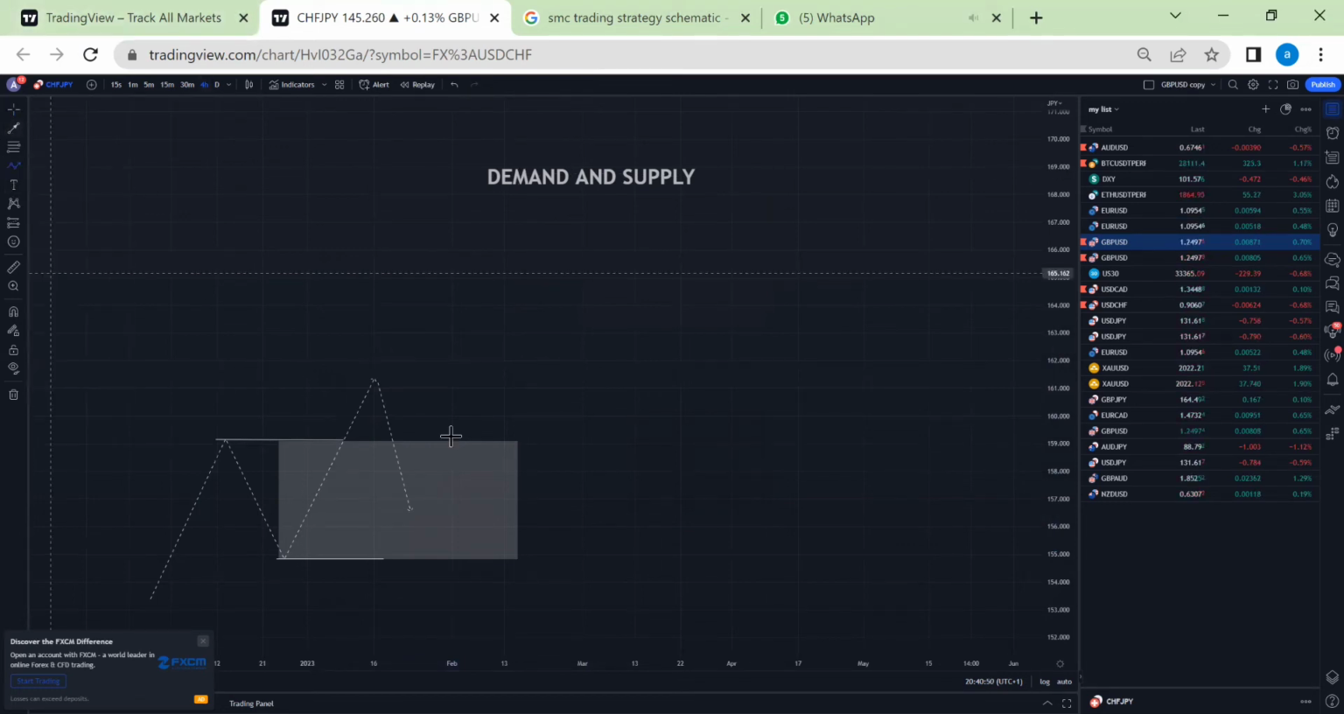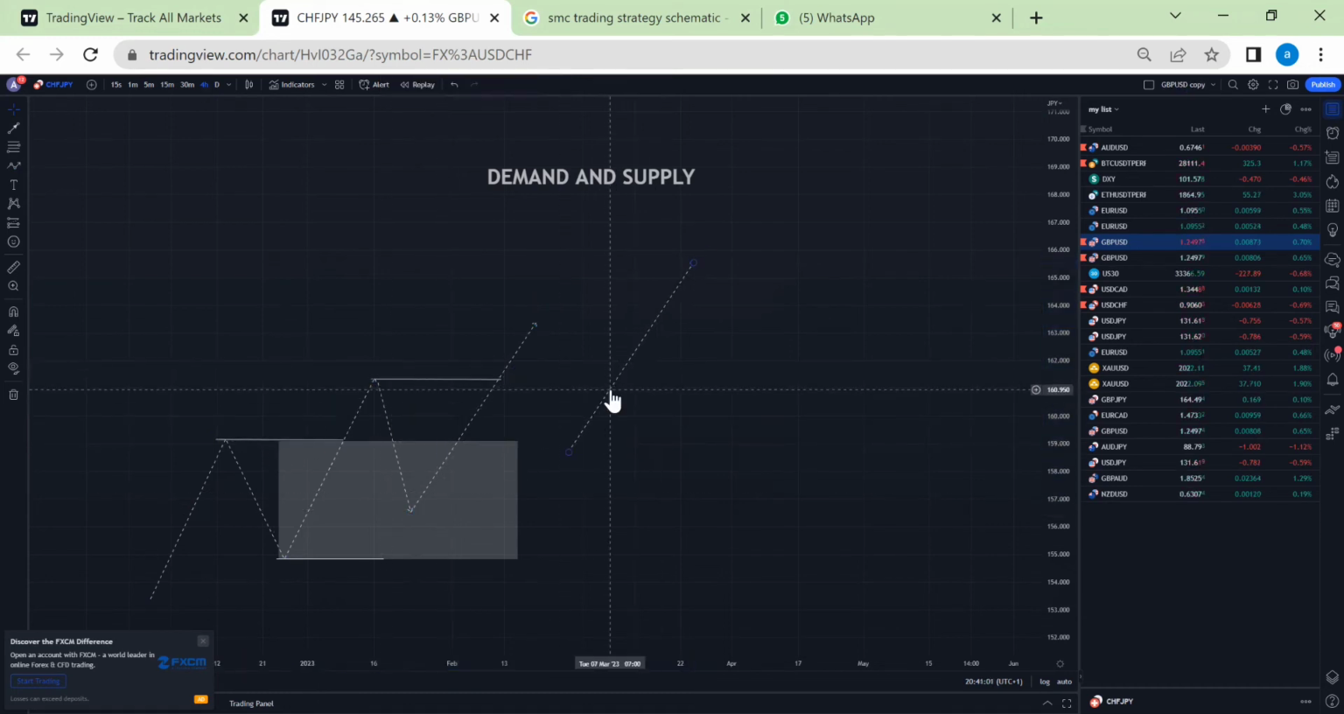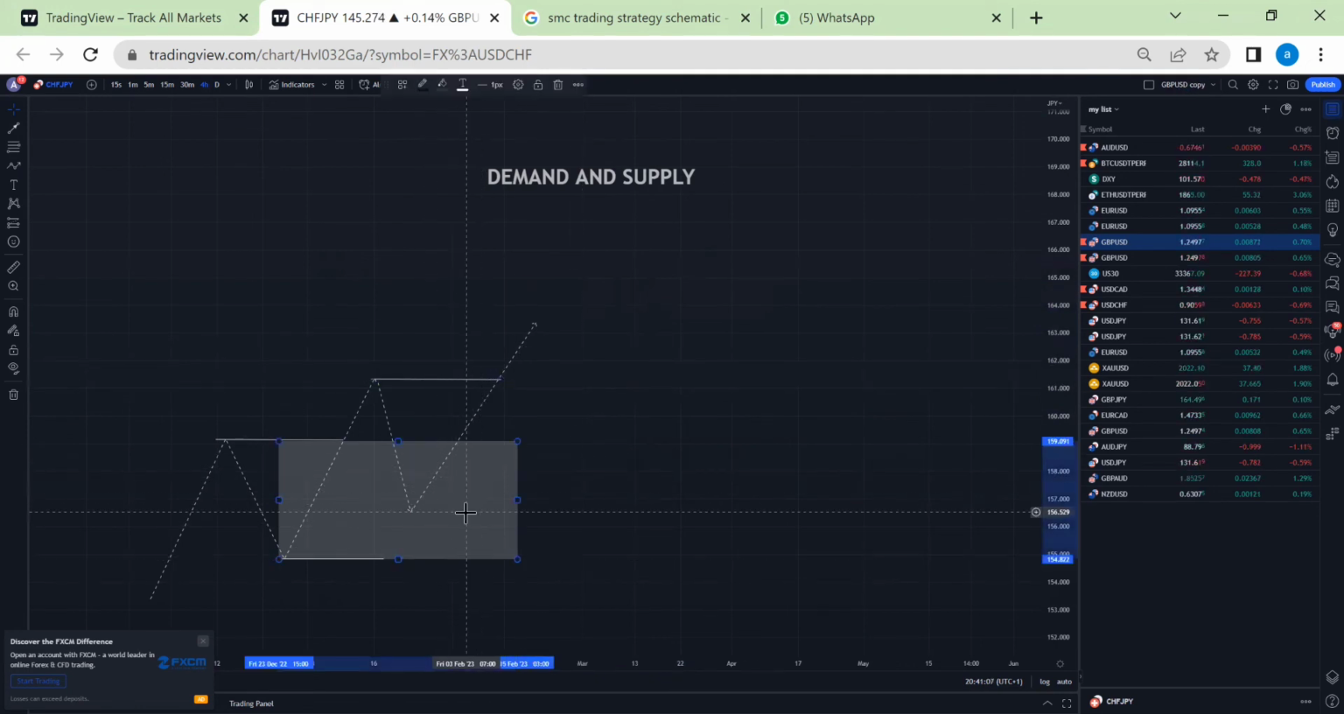Now, let's proceed. Let's say people just bought it here and price pushes up again to break this high and give us a new high. Then we can say, from this place,